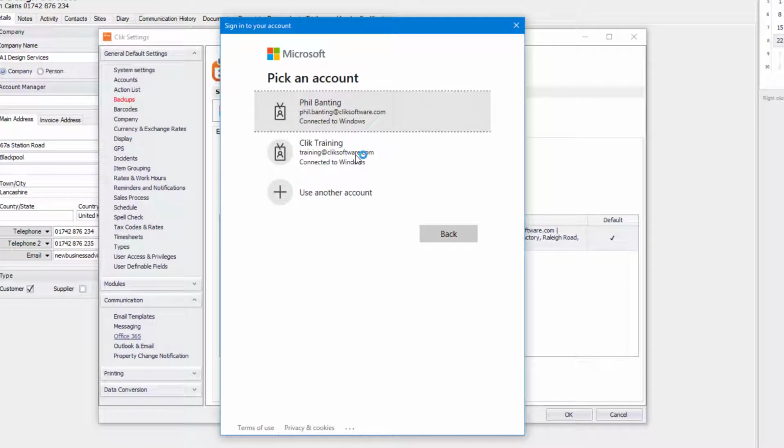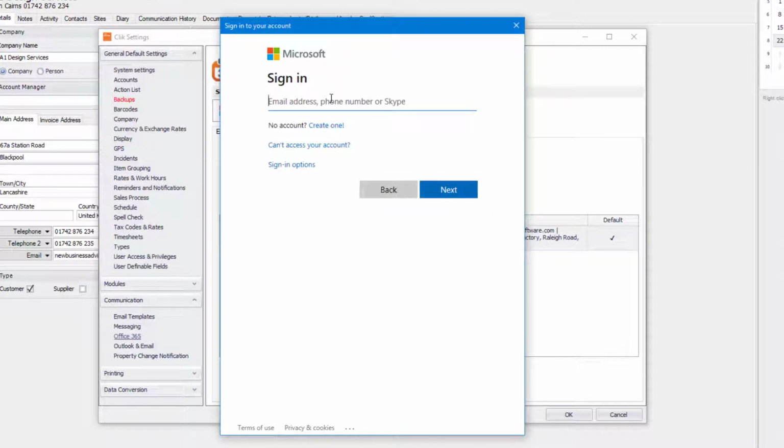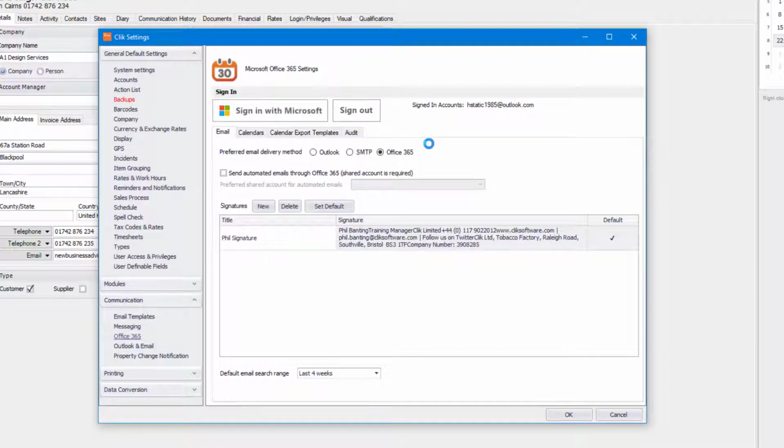Now, if you've already got your Office 365 connected to your Windows, you may see your accounts up here. If you don't, you will have to click on the plus sign and click on use another account. I'm going to put in one of our accounts that I use for testing. Click on next. If you have done it before, it will remember those settings and put them in. You won't need to put your password in that case, but you will potentially have to put in your password and your two-step factor authentication if that has been enabled.